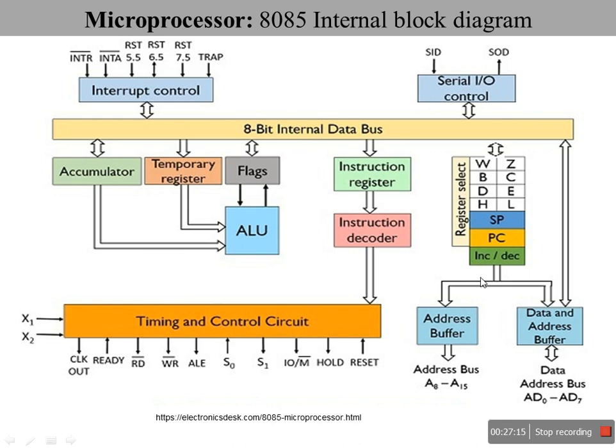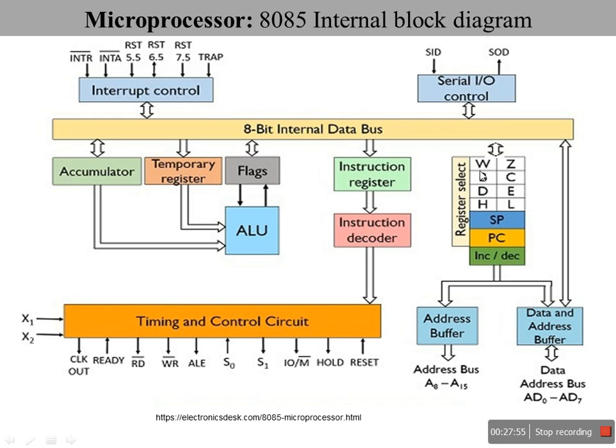Then, another set, we have a register section here: W, Z, B, C, D, E, H, L. These are all 8-bit registers. B is an independent 8-bit register, C is an independent 8-bit register, and D, E, H, L are all independent 8-bit registers. Now it is possible to combine these registers for 16-bit operation, but the combination is specific. B can be combined with C to form the BC pair. Similarly, D can be combined with E to form the DE pair. Then H can be combined with L to form the HL pair.